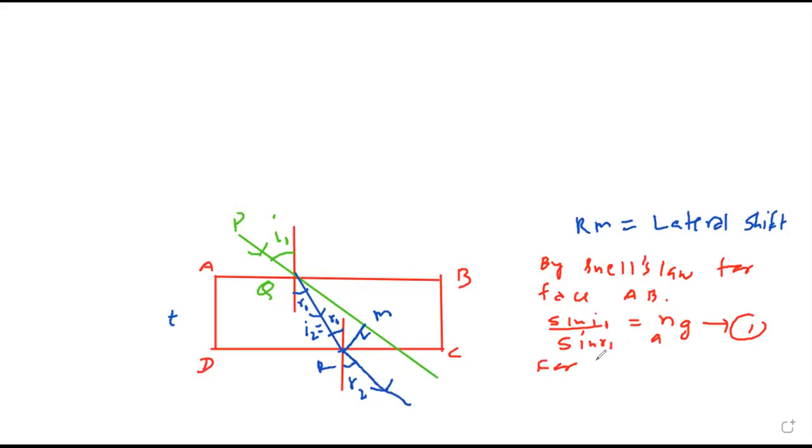For face CD, sine of R1 upon sine of R2 is equal to the refractive index of glass with respect to air. Because I2 is the same as R1, we can say from 1 and 2 we get sine of I1 upon sine of R1 is equal to